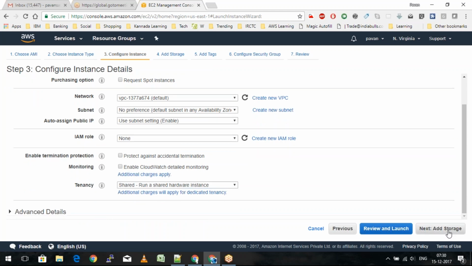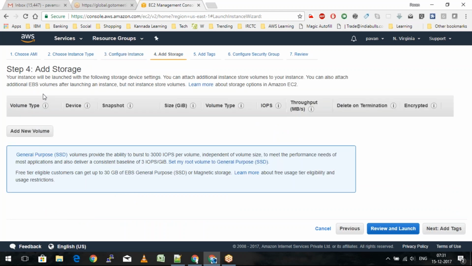So if you see, this is the first difference that we'll be able to get through. Now, whenever we are selecting the EBS volumes, automatically when I come down to this specific page of add storage, you will be able to see that 8 GB of GP2, that is general purpose SSD drives, is automatically added as a root volume for the Linux machines, and for the Windows, 30 GB is added.